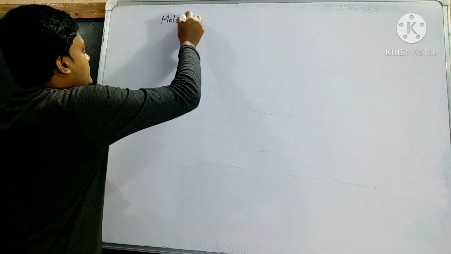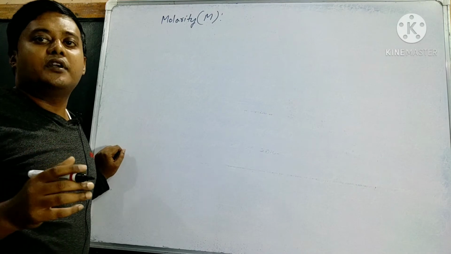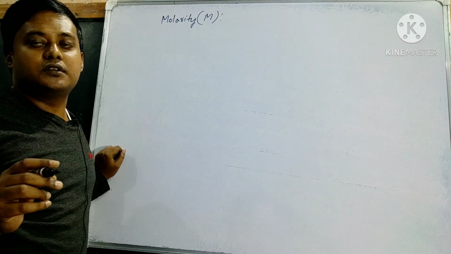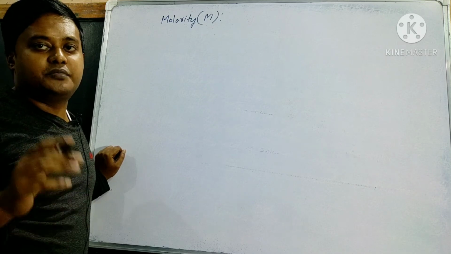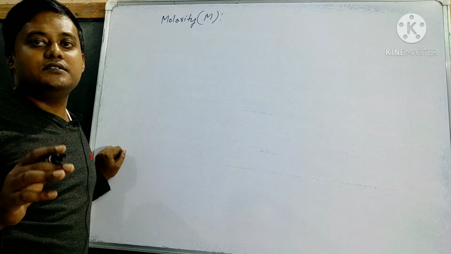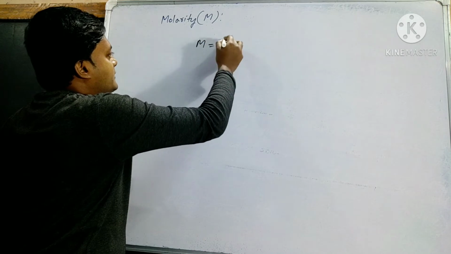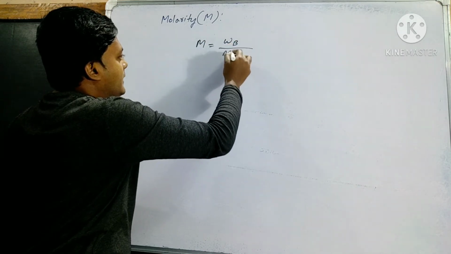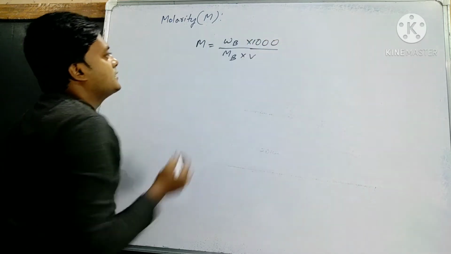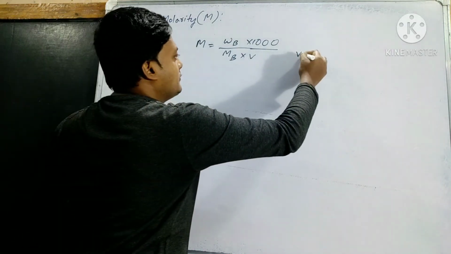Molarity, capital M. Number of moles of solute present per liter of solution. Number of moles of solute present in 1 liter of solution, that is molarity. So the expression, capital M equal to WB by MB into V into 1000. WB into 1000 by MB into V. Now V, volume